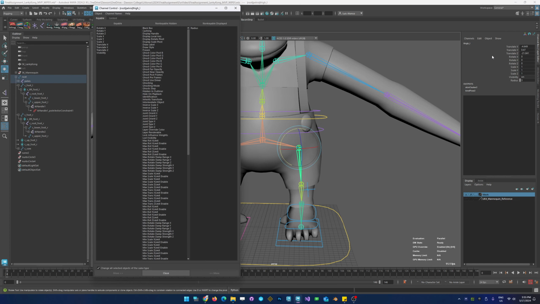So I'm just going to do channel control here. Big old list. There's going to be one called draw style, and I'm going to bring that into the non-keyable displayed things, like the radius. What you need to look for here is where the arrow is, so you know in which section it's going to go into. So I'm just going to move it based on this. I want it to go over here, so I'm going to click the left button. Yes, the interface is fantastic. And from here on, because I have this change all selected objects of the same type on, it's going to make it so that it is always available to me